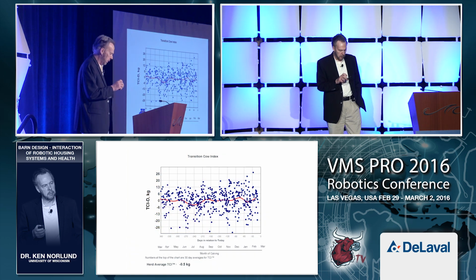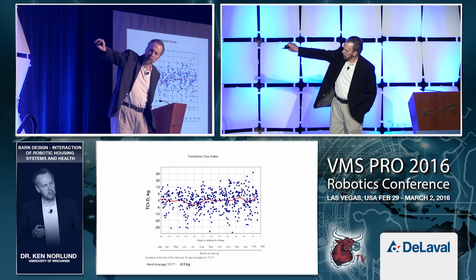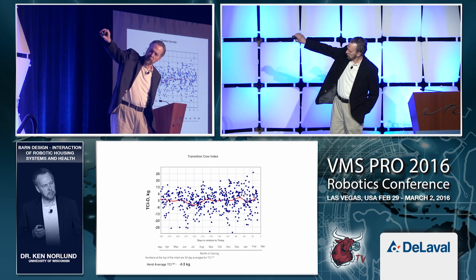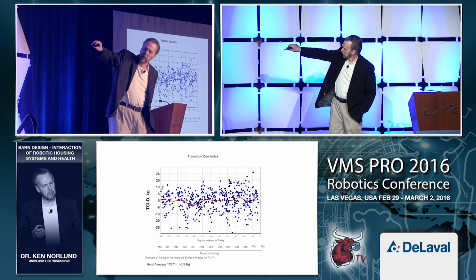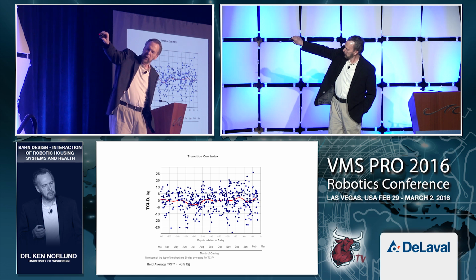And so here's a graph from a dairy farm, and this is over 1 year at a time. The dots are individual cows arranged by calving date over a 12-month period of time. Here are the most recently calved cows here. And so here are cows that hit 0, and that means that they milked exactly what was expected on first